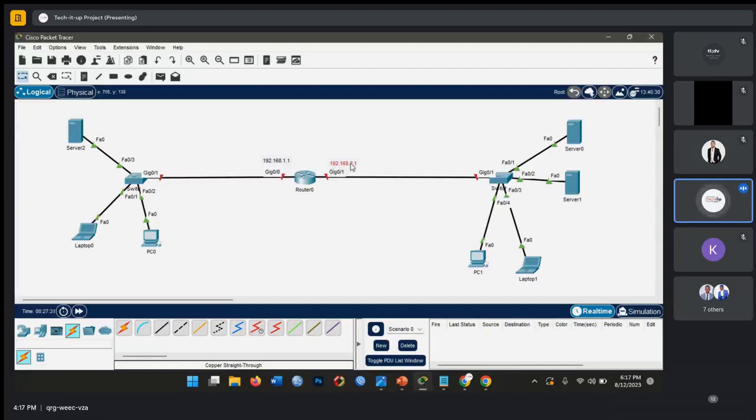So if it is the network, then it is 192.168.2.0. Here is 192.168.1.0. These are also known as default gateways, because they are interfacing our router. Yeah, so these are the IP addresses. So we need to configure them, so that we need to set these interfaces up as we did last time. Okay, for the router,